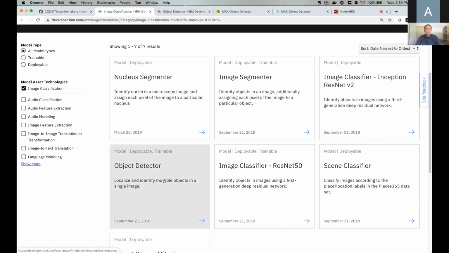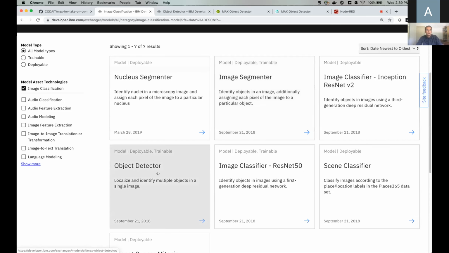Very similar to what Svetlana was showing, but for example, the image segmenter is also very interesting because the object detector itself is going to tell you, for example, there is a dog in the image or a person, right? But the image segmenter will tell you for every pixel in the image what it belongs to, right? So if you want to analyze exactly where in an image, for example, a person is, using this microservice, you will be able to get this information and then use it for whatever use case scenario you have in mind.